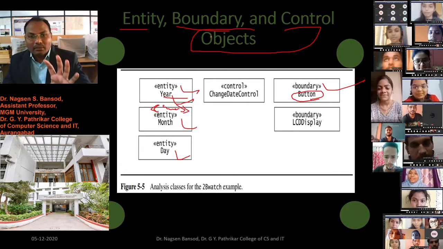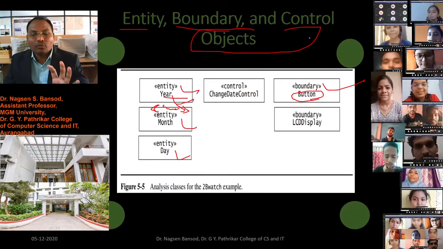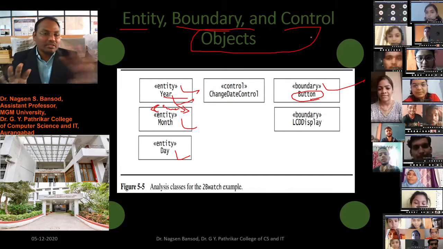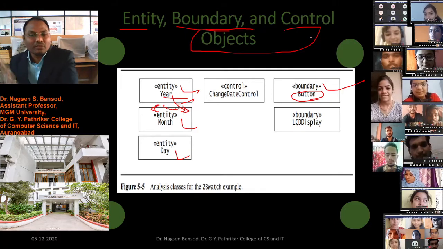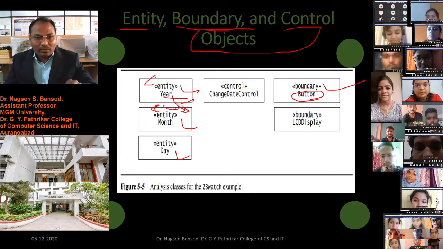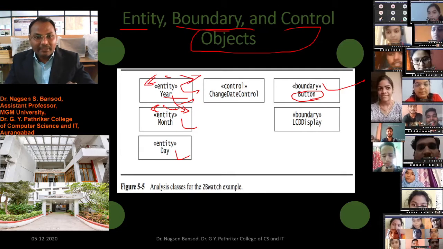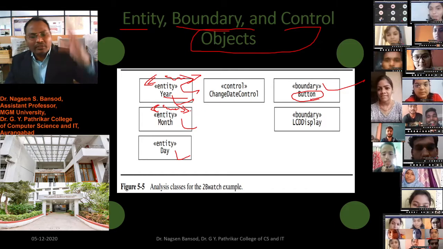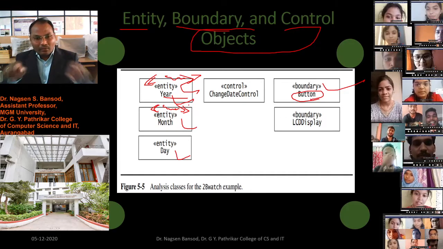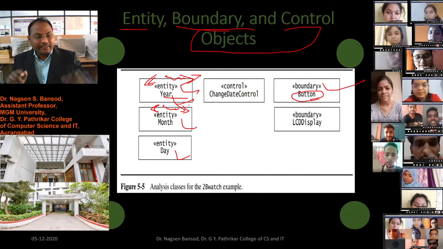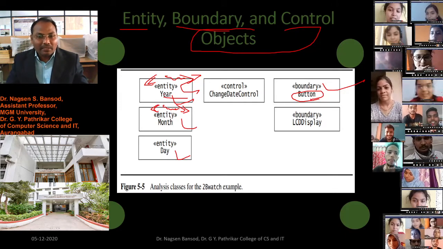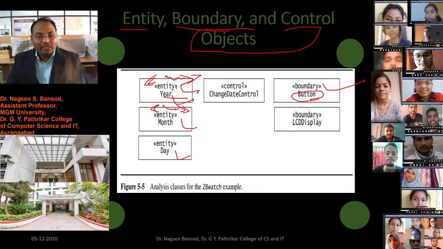We have to find entity, boundary and control in the information. Suppose you have huge information; from that information, which is the entity, which is the boundary and which are the controls. For entity, we will write this quotation, and in that entity keyword, whatever the information you have, there you will create a box, and there you will write in angle brackets, entity. If this is control, then you have to write control. If this is boundary, then you have to write boundary.